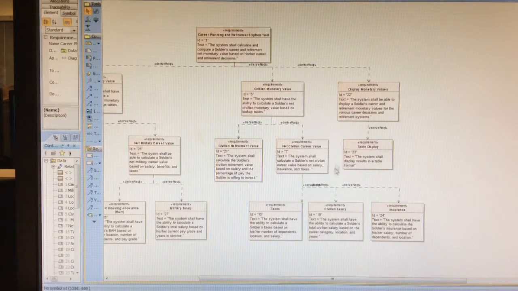Within the net civilian career value, the system shall calculate the soldier's net civilian career value based on salary, insurance, and taxes. So we broke down the taxes. The system shall have the ability to calculate a soldier's taxes based on his or her number of dependents, location, and salary. The civilian salary, the system shall have the ability to calculate a soldier's total civilian salary based on